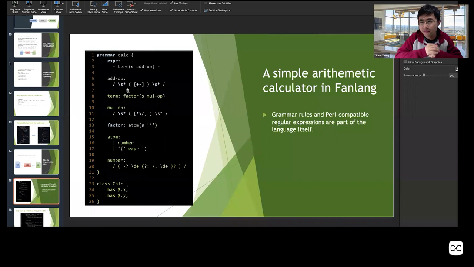Okay, so here's a very minimal example just to demonstrate the idea. This arithmetic calculator is an infix, natural mathematical notation calculator.